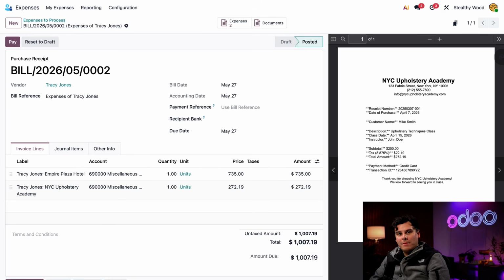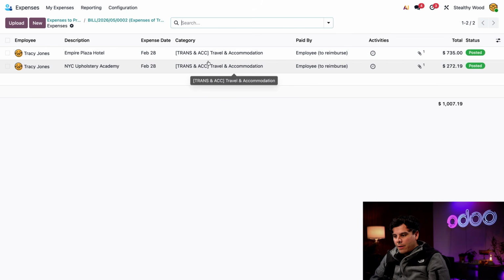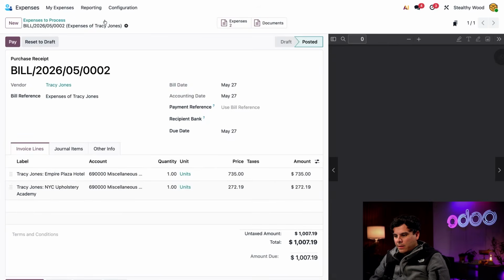Nice. Great. So I am actually taken to the detailed accounting record for these expenses. I can see both separate expenses in this invoice lines tab below. So there are two smart buttons over here at the top. If I want to see the individual expense records, I'll click expenses. So this lists all the expenses that are on that accounting move. That's pretty nice. So I'm going to go back to the journal via the breadcrumbs menu right there, selecting our